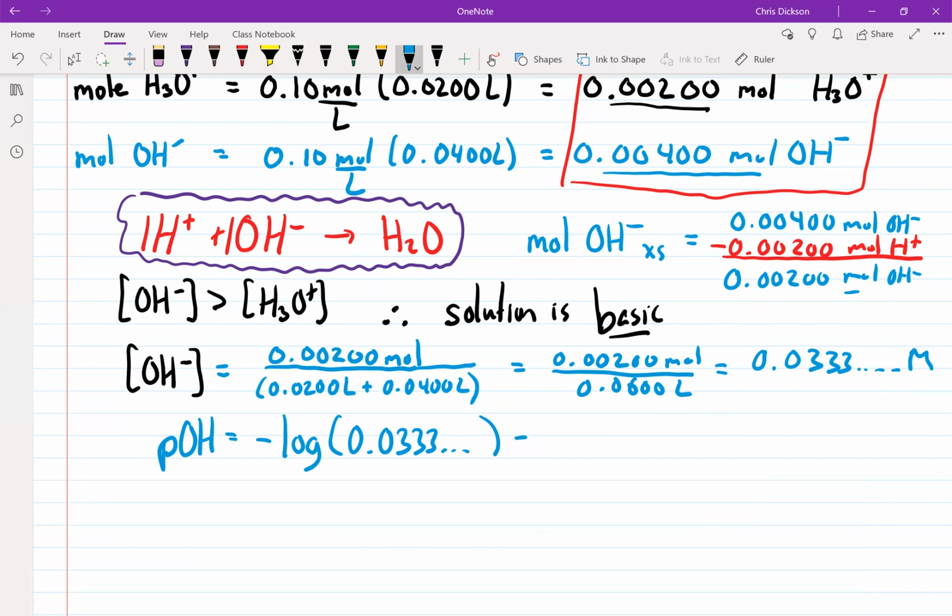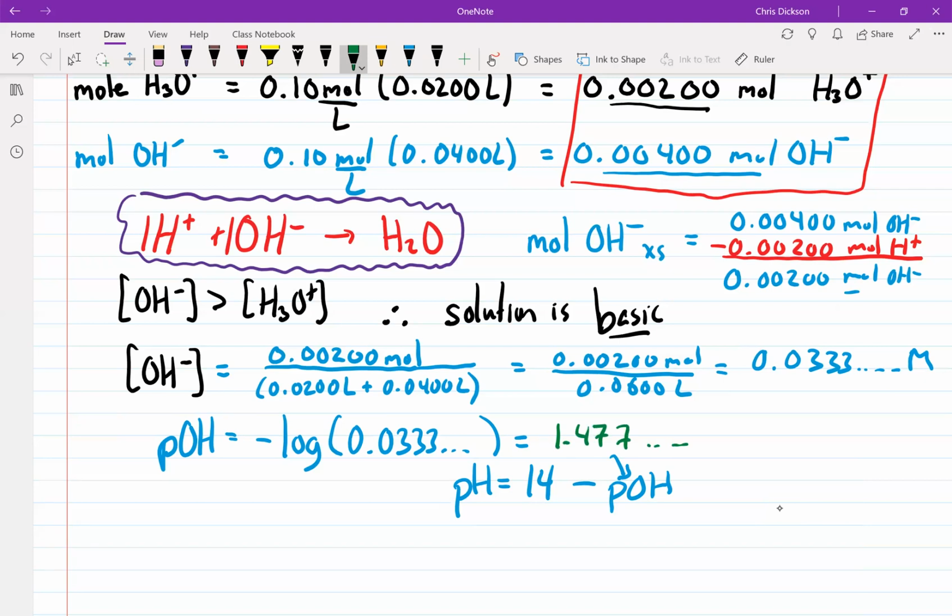And then that equals a certain number. And then the pH, let's do pH here, that would equal 14 minus the pOH. So basically whatever that number is there. So you don't need to show that middle step, but I'll just write it out to show it. But negative log of 0.0333333333. And so that's giving me a pOH of about